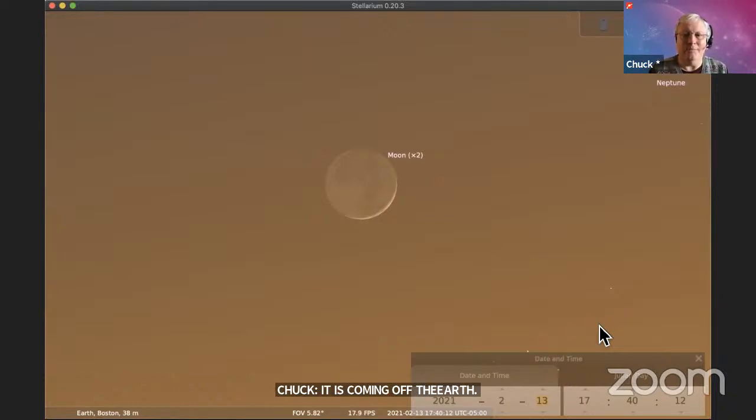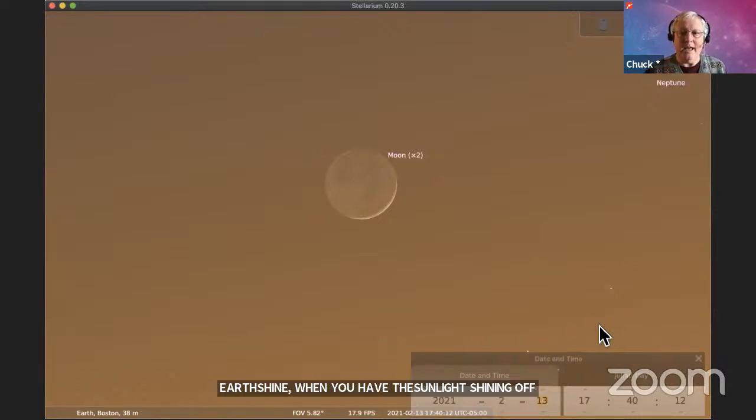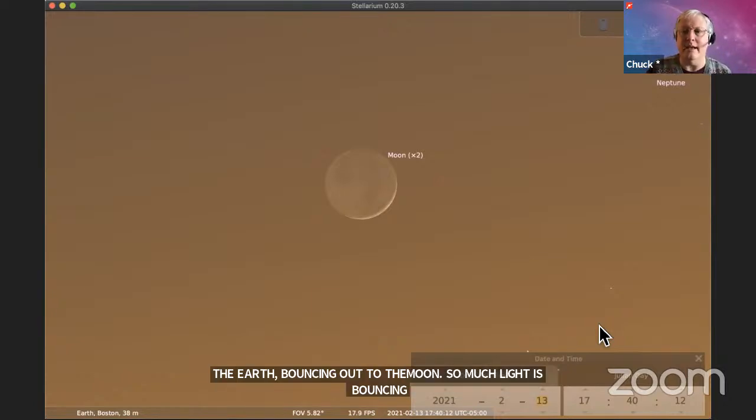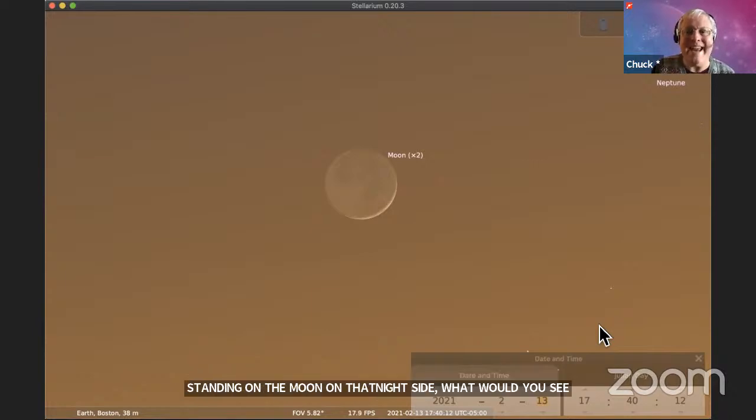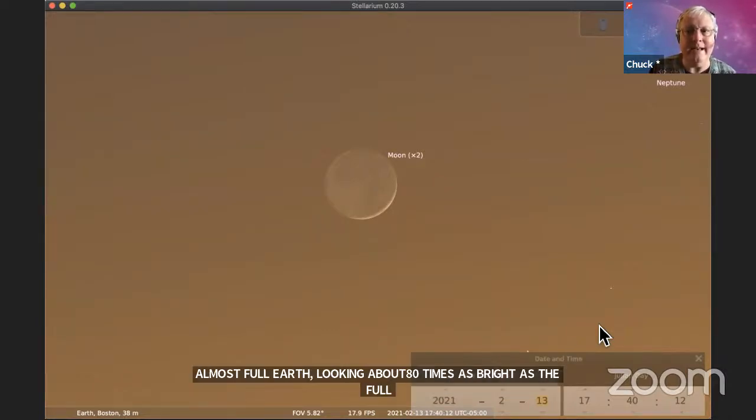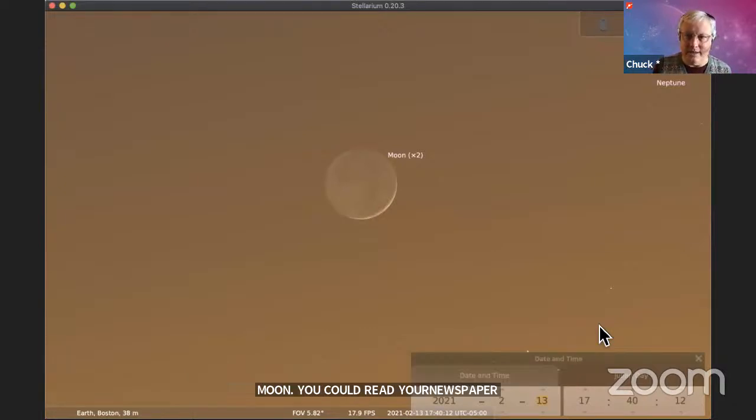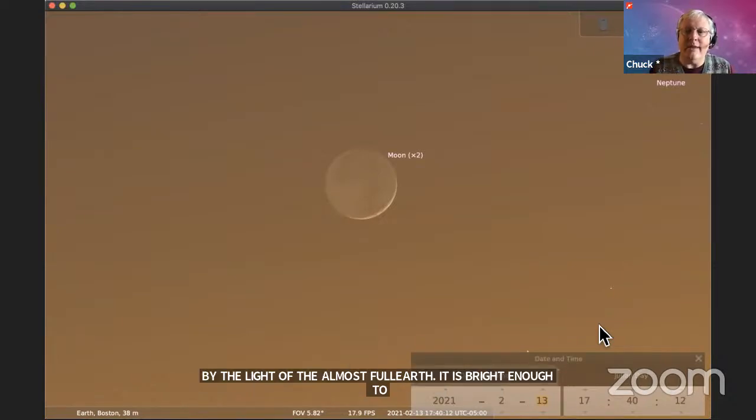Earthshine is simply when you have sunlight shining on the Earth, bouncing off it and bouncing out to the moon. So much light is bouncing off the Earth that it's actually lighting up the surface of the moon. Think, if you were standing on the moon on that night side at this exact moment, what would you see really big and bright in the sky? You'd see the Earth, almost full, looking about 80 times as bright as the full moon. You could read your newspaper by the light of the almost full Earth. So it's bright enough to light up the whole landscape around you. That's why we can see it here on Earth as earthshine. So you can see that for a couple of days